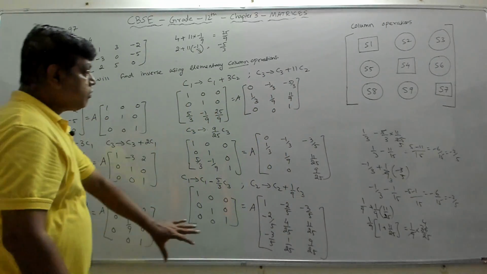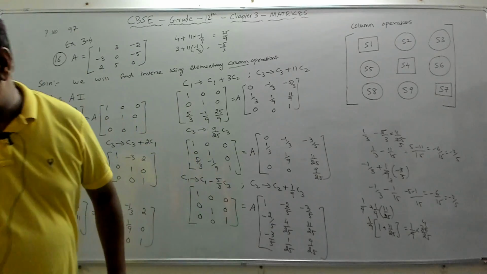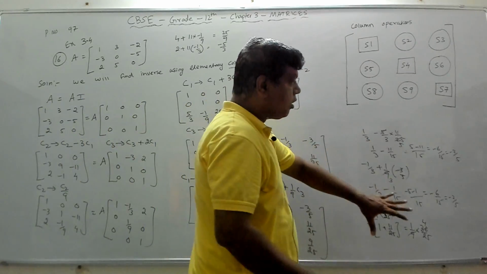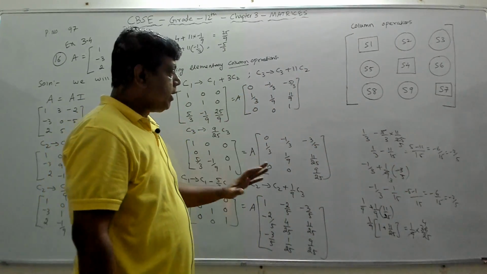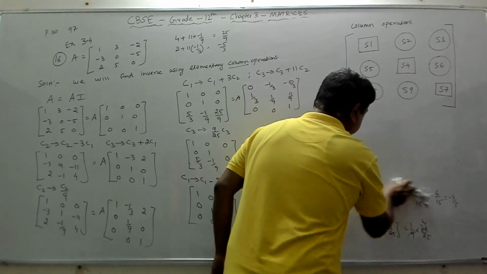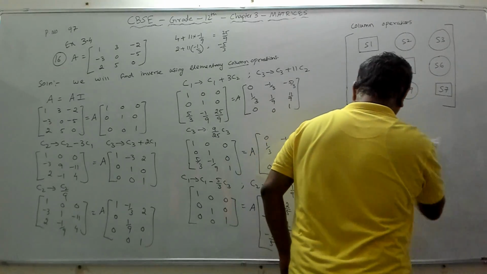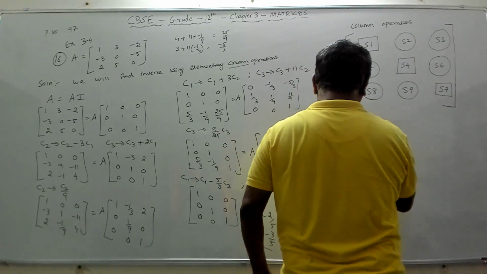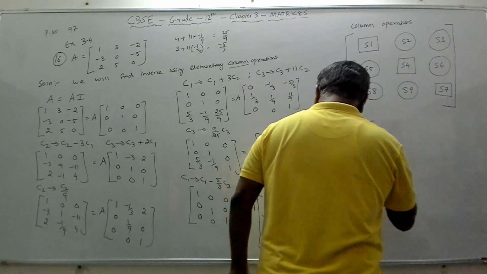So now what we have got, this is your inverse. So I will write this. You can do this rough work and don't try to do everything in your mind. Try to do this rough work and then calculate the values. Fine. So finally we will say our A inverse, which we have got, is what?